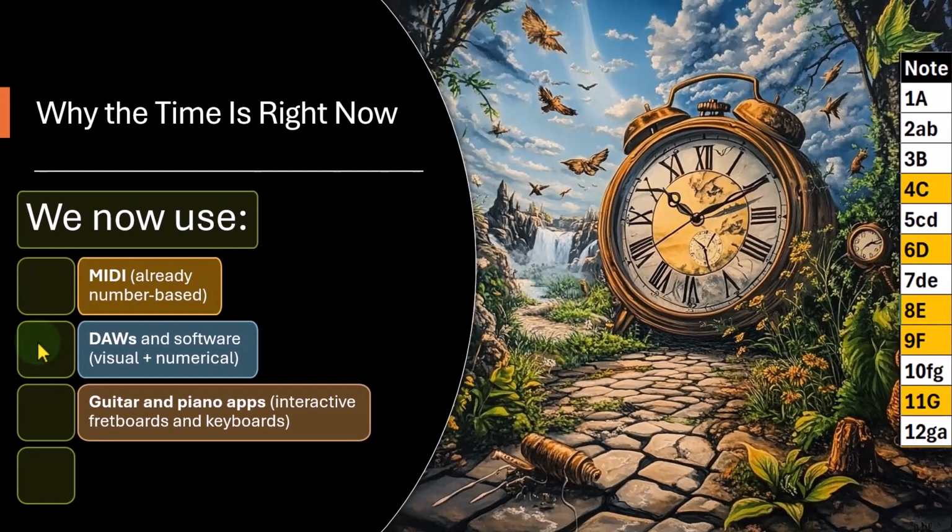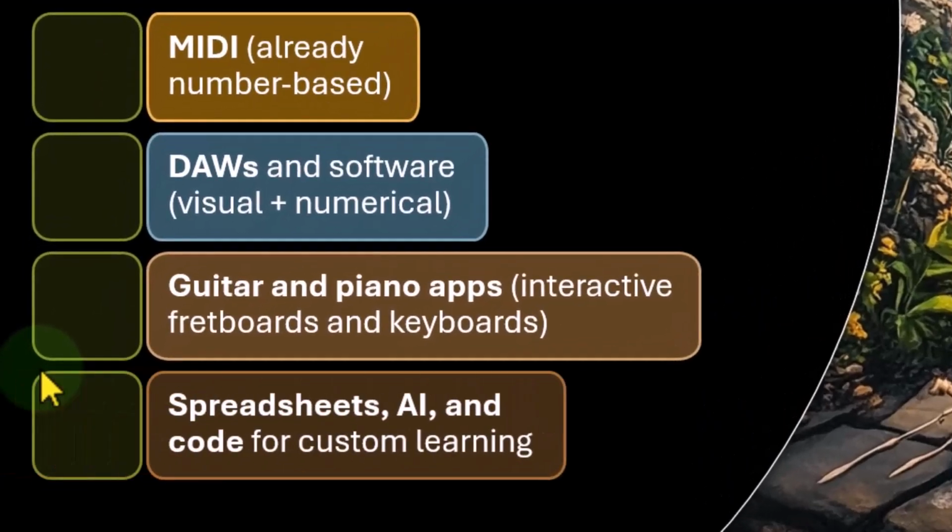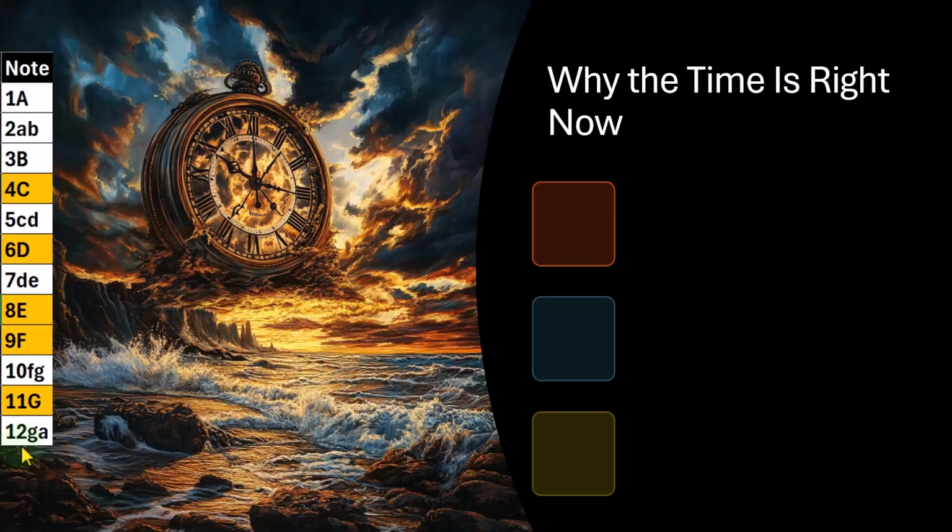I'm not saying that you need to be a coder. I'm saying that if the coding is doing that, it's because its brain is doing something easier than what your brain is trying to do, because the system you're using is more complex. It's an indication that your system's more complex. Guitar and piano apps, spreadsheets, and AI all have the capacity to help out. We can do simple math if you do this on a spreadsheet as well, which, if you're trying to analyze music theory, is great.